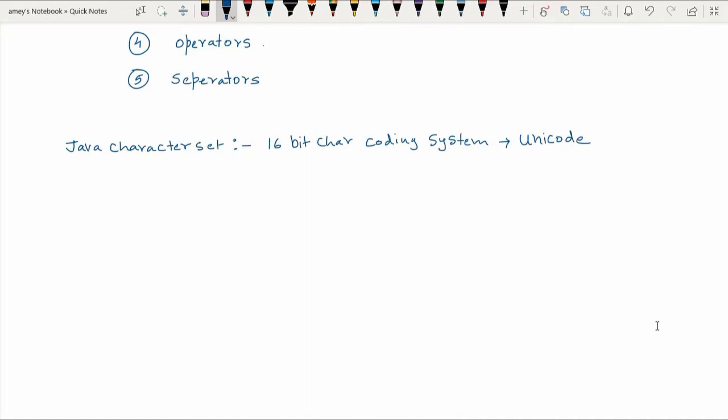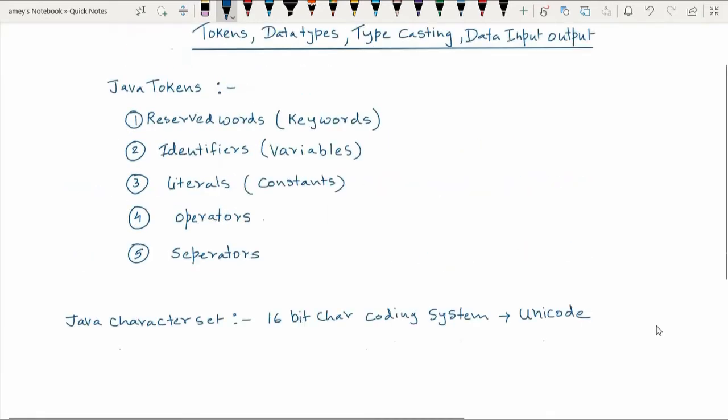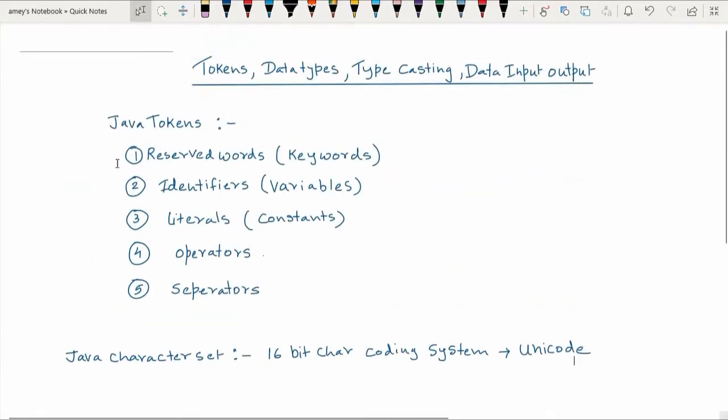But note that languages such as Chinese, Hindi and all their characters are also supported by the Java character set.